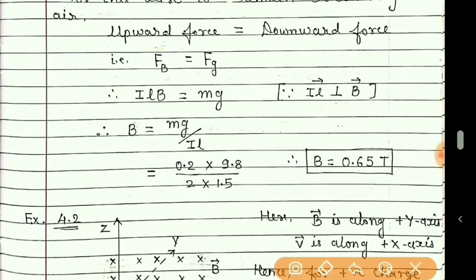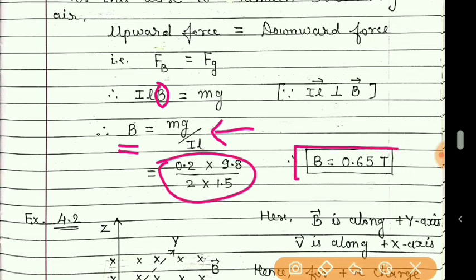Now making the subject B, we get B is equal to mg upon IL. Using all the given values, we will get the value of magnetic field in Tesla. So B is obtained to be